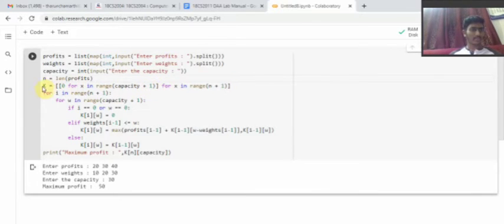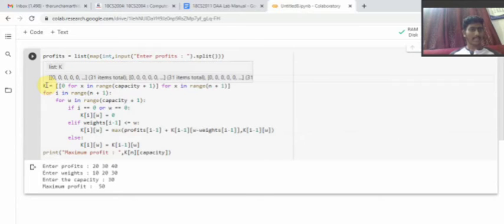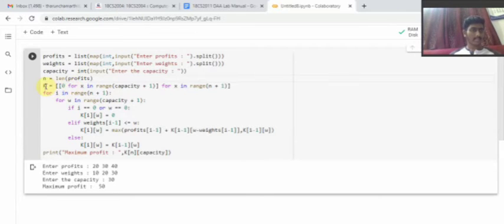So for creating a 2-dimensional table, I'm creating a 2-dimensional array here. What I'm doing is k equals 0 for x in range of capacity plus 1. Capacity I'm taking as the columns. Capacity number of columns I'll create with this and initialize their values to 0.